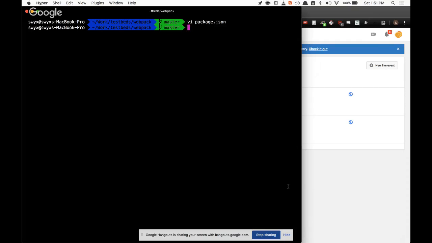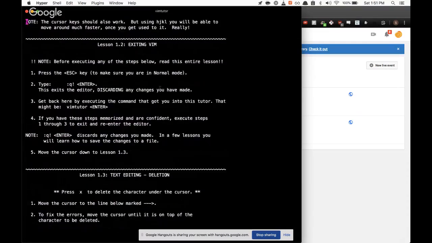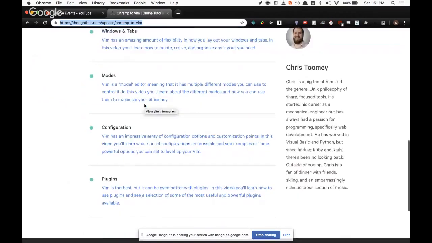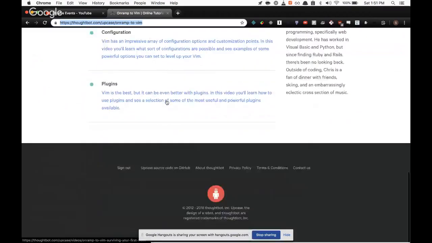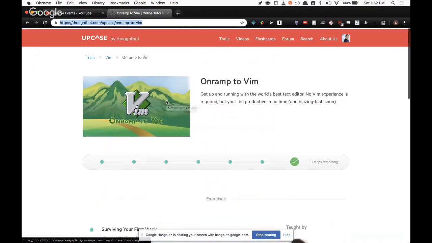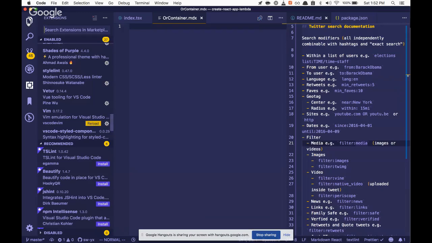The way that I recommend getting into Vim is to go to VimTutor and just go through this. It takes about half an hour. Then also go to the Thoughtbot on-ramp videos, which are Thoughtbot's internal training tools, and these are very good for some high-level tips. But my main purpose here is to show you some nice things to use